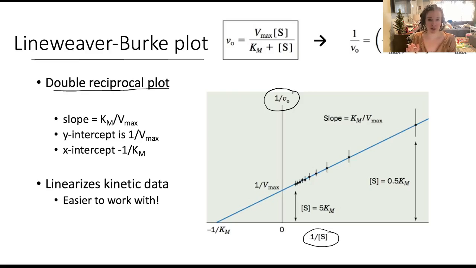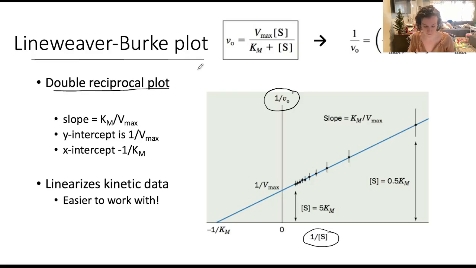Now, I show you the equations for this on the slide. Don't need to worry too much about converting the traditional equation to the double reciprocal equation. It's really about what's on this graph. The graph is super helpful. The slope is Km over Vmax, and we know that Km and that Vmax, those are very important variables for